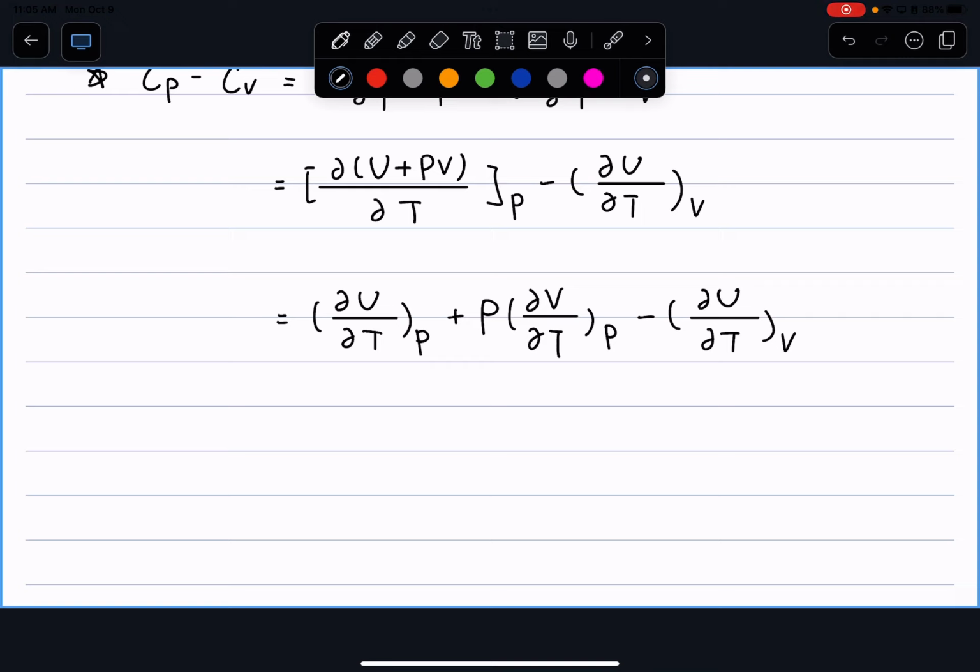All right. So here, obviously we have some kind of relationship between dU over dT at constant pressure